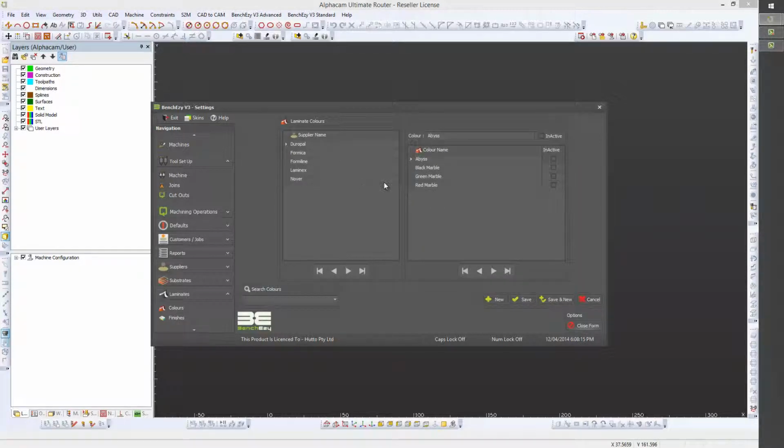Clicking on colours, we can see that we're presented with some information. On the left hand side we have a list of our suppliers, and in the grid on the right hand side we have our list of colours that are available for the selected supplier. By clicking on each individual supplier, you can see that the colour availability changes, and once we click on a colour in the colour grid, we can see that the information changes as usual in the top of the form